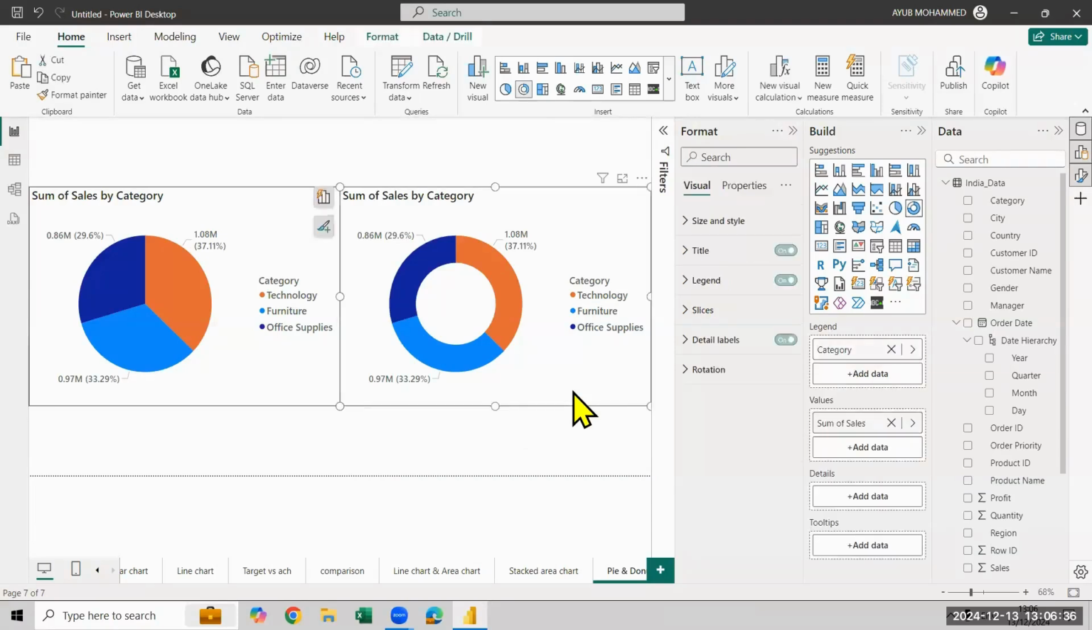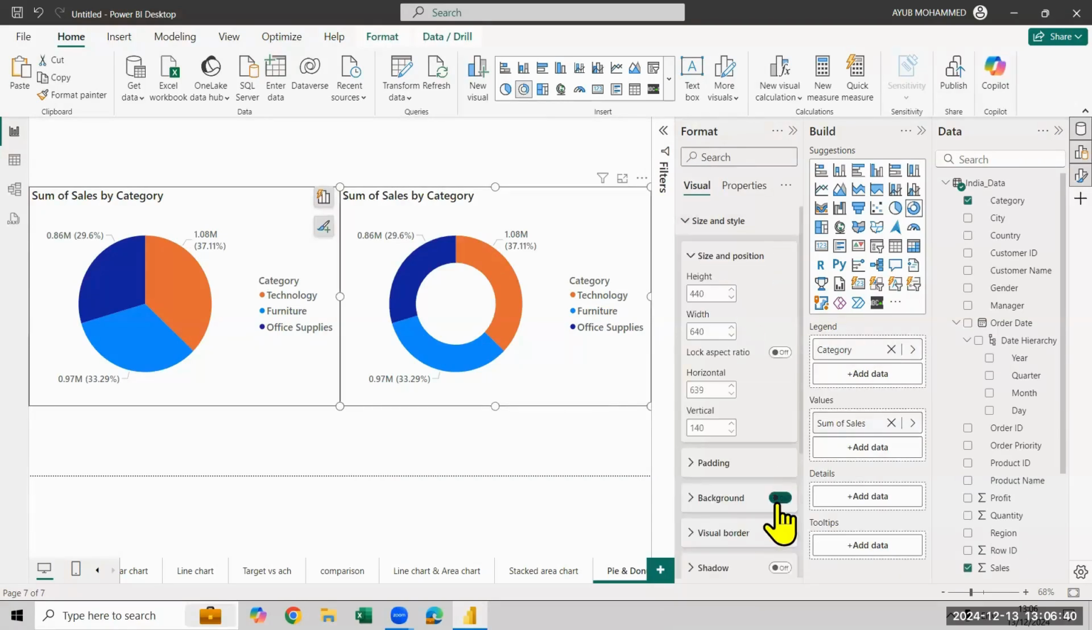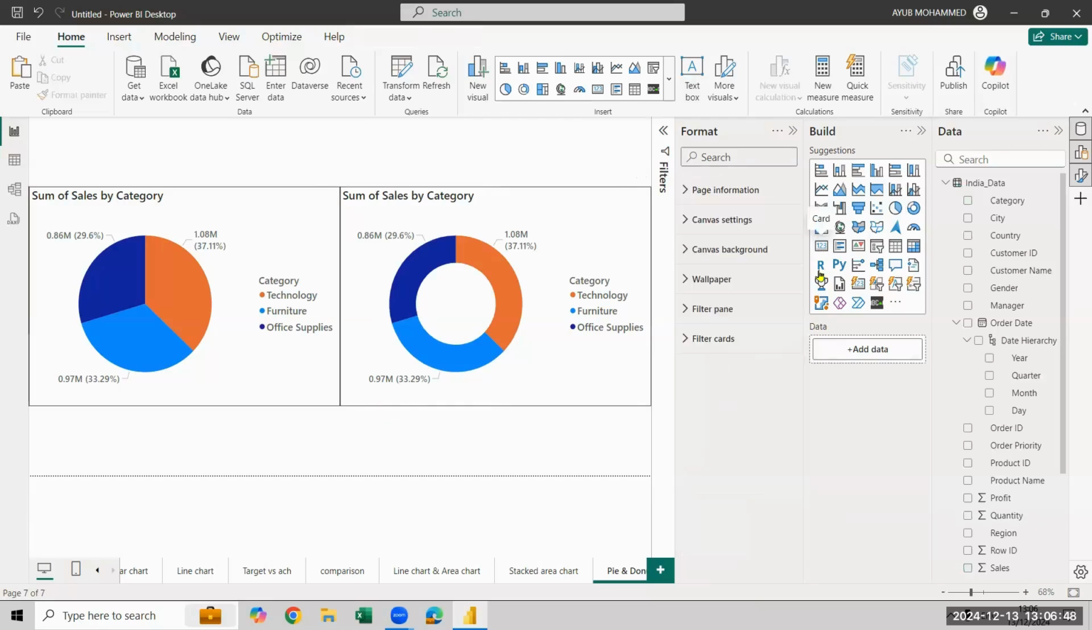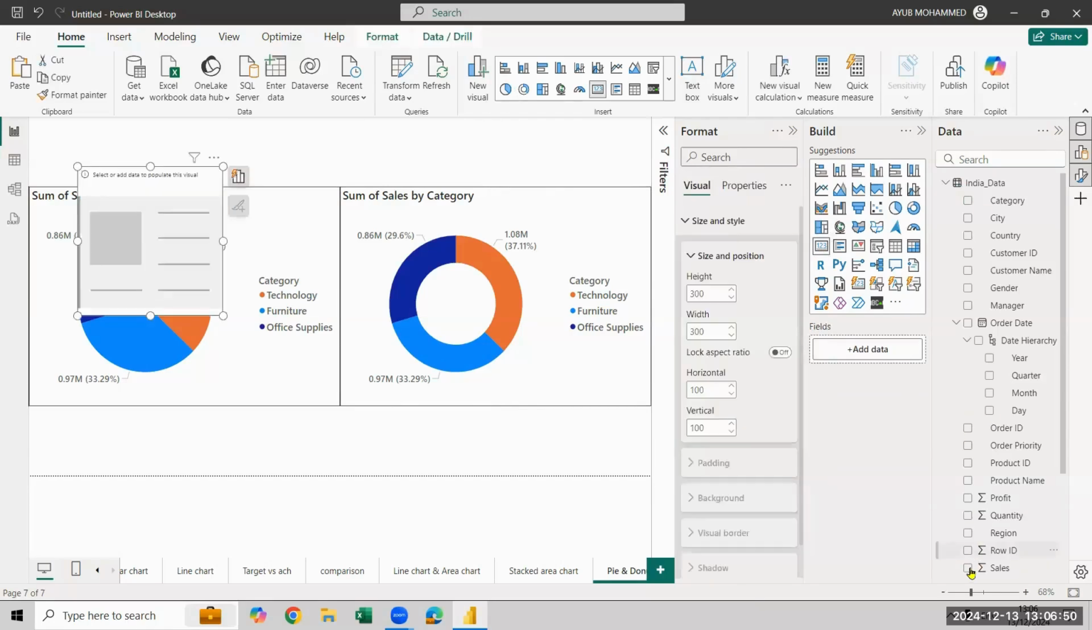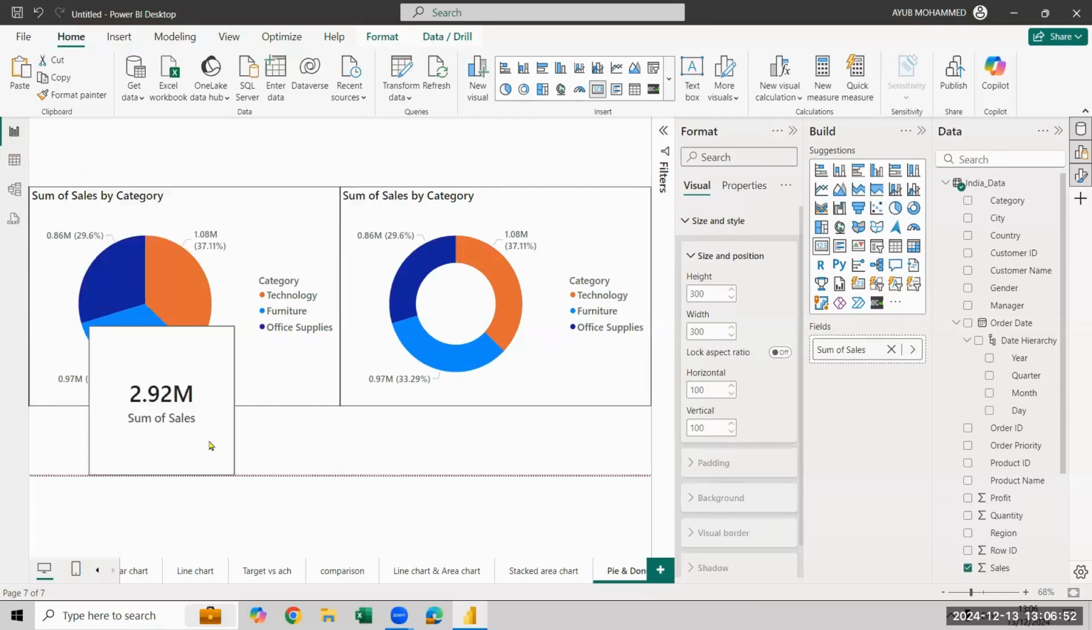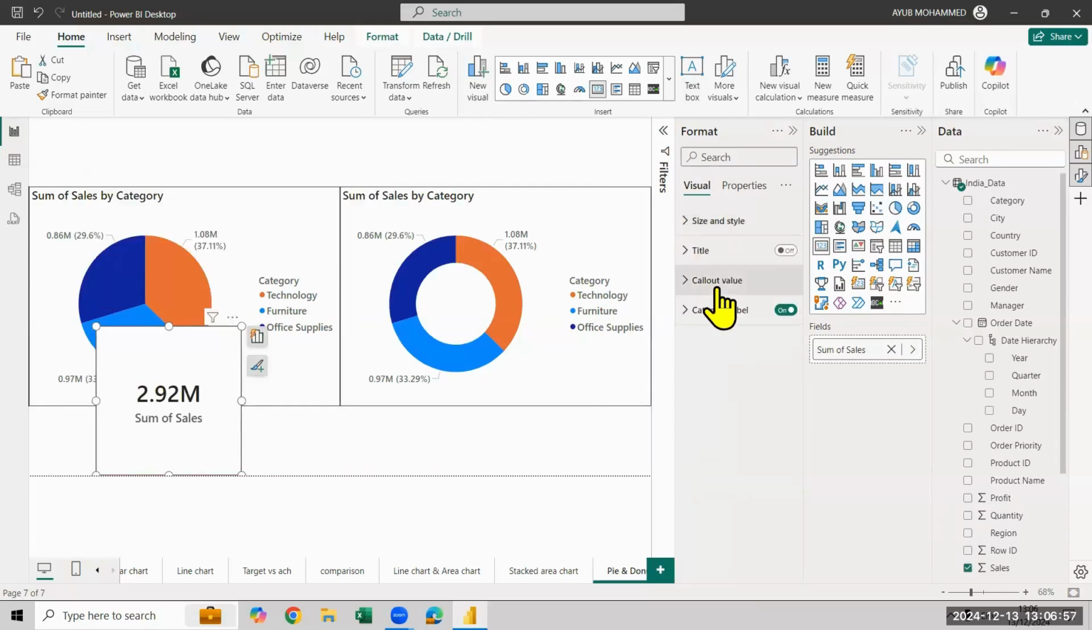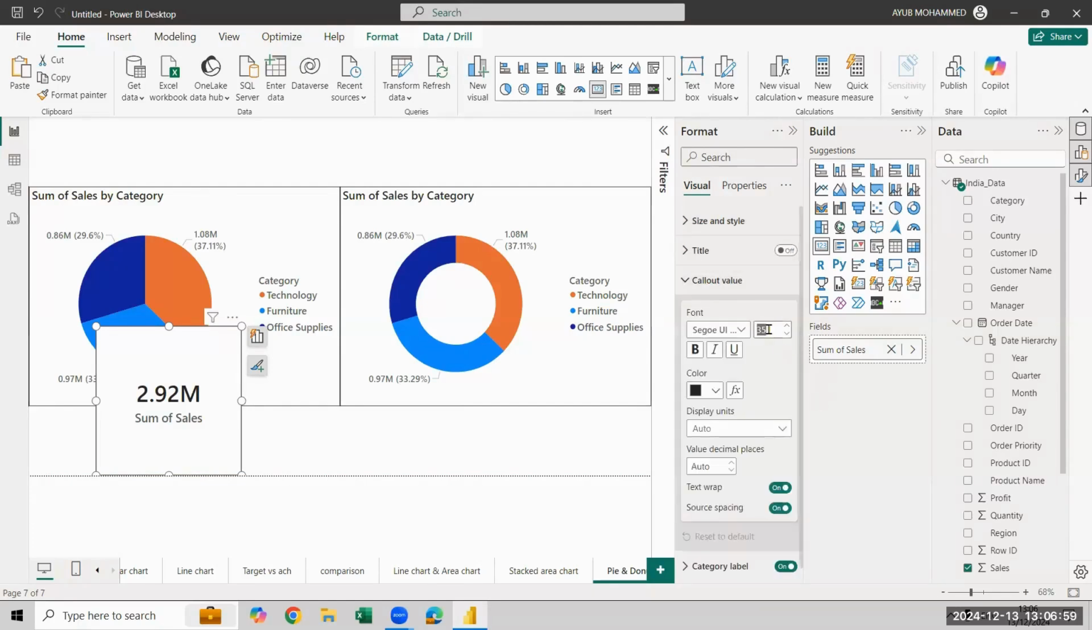First, you need to select the donut chart. Go to size and style, and turn off the background. That is the first thing in the donut chart. Second, once you take a card with total sales, it will show the total sales over here. Then go to the callout value and reduce the size, and turn off the category label. Now, if you keep it like this,